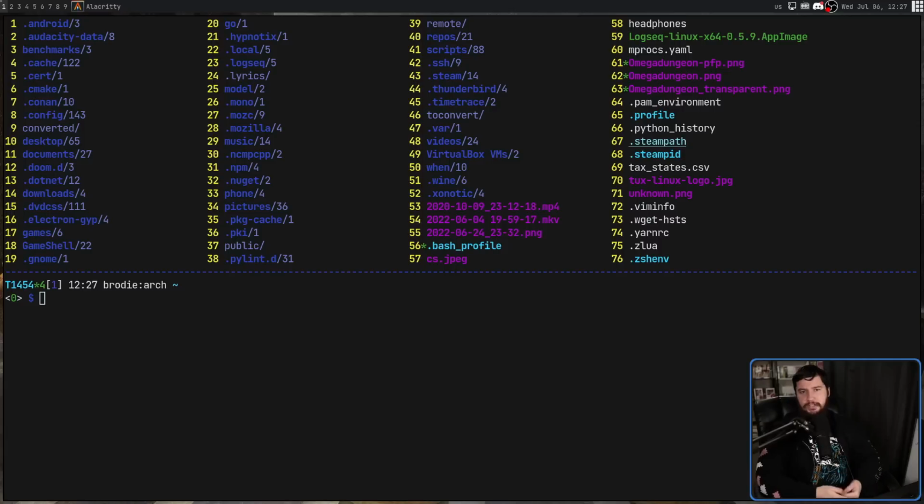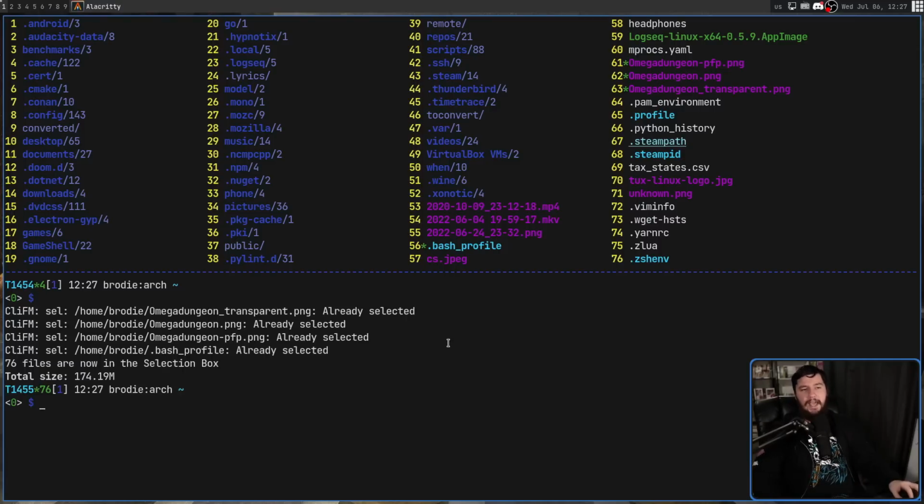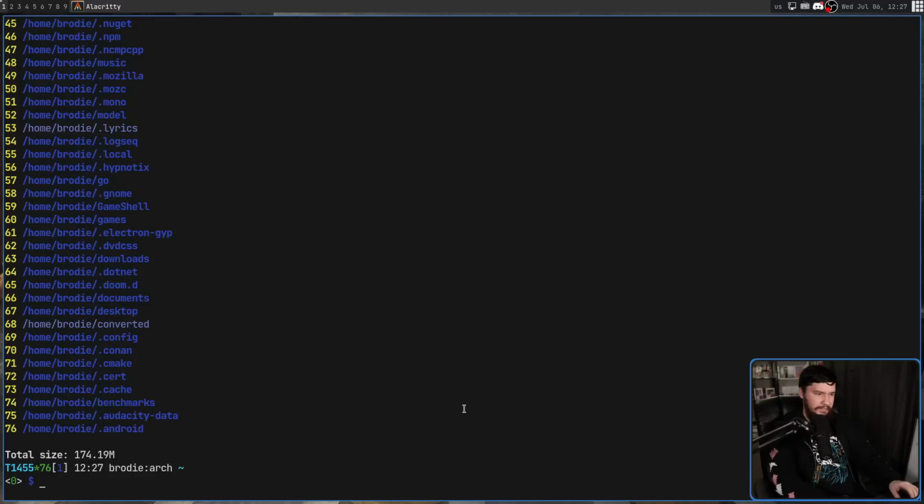If for whatever reason you need to select the entire folder, there is a shortcut for this. This is Alt-A, and everything is going to be added to your list. If something is already in the list, it is going to give you a warning saying that that can't be added. So now that everything is in the list, if you want to go and empty the list, this is